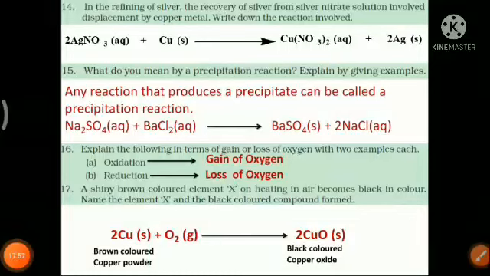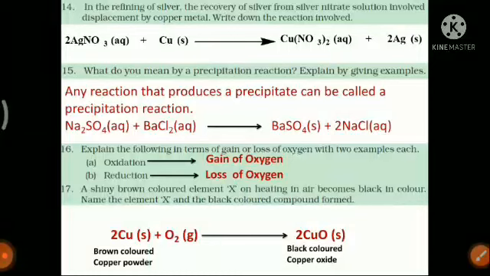What do you mean by precipitation reaction? Explain by giving example. Any reaction that produces precipitate is a precipitation reaction. Okay, simple. An example already present in your book, where sodium sulfate is reacting with barium chloride to give barium